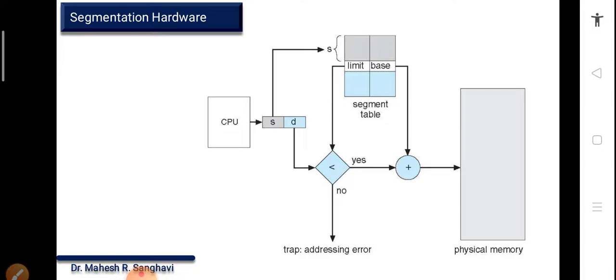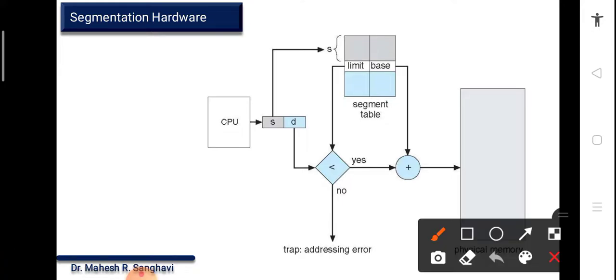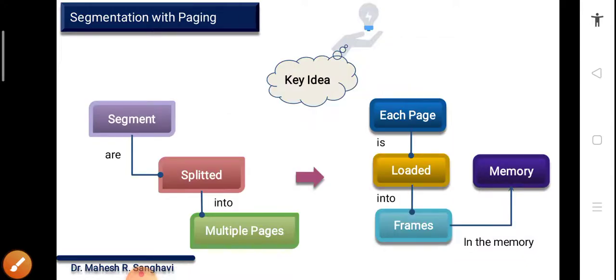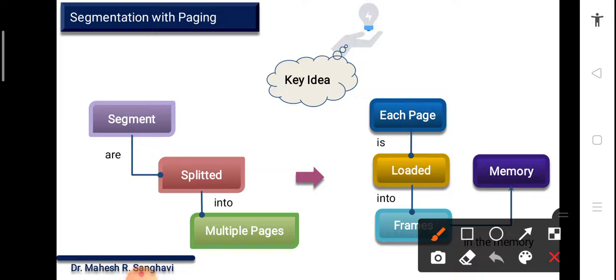Error, because it is actually hijacking to the next segment, which is not good. So that's the logic. So the segmentation with paging, if you observe, we have seen that the